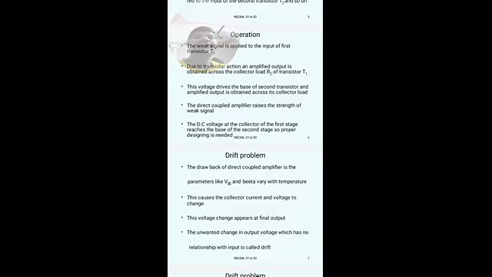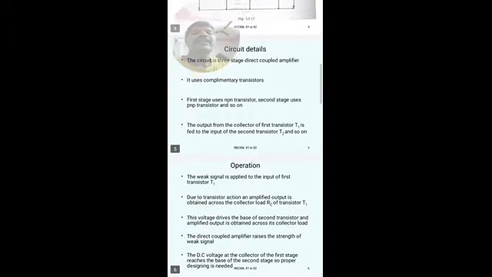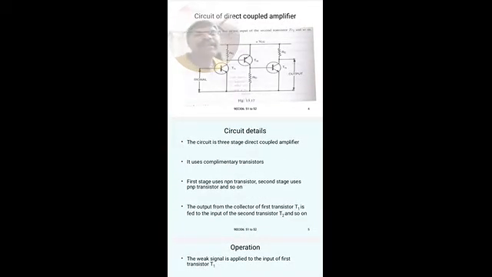Thus, the direct coupled amplifier raises the strength of the weak signal. So what happens here is the DC voltage at the collector of the first stage reaches the base of the second stage. So proper designing is needed. See here, the overall output will be obtained at the collector of the third stage transistor T3,